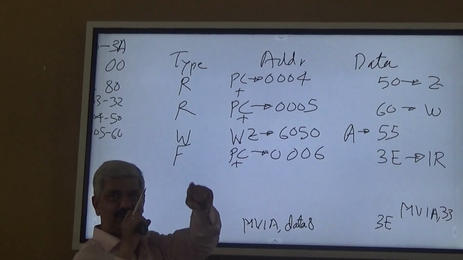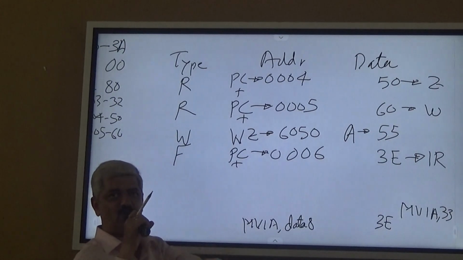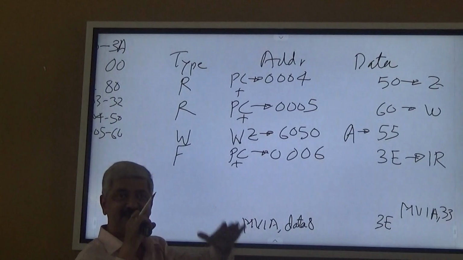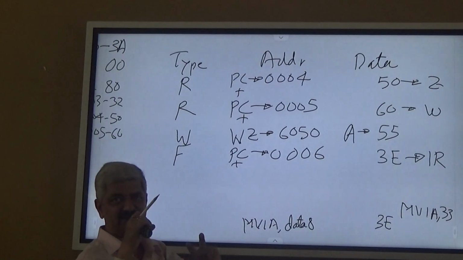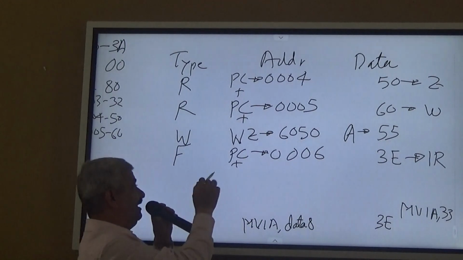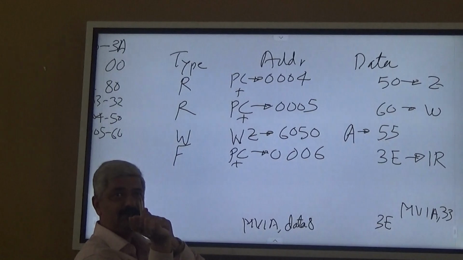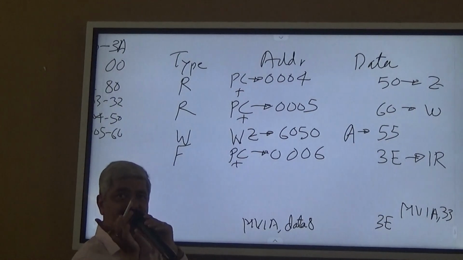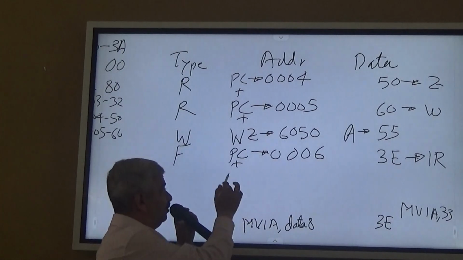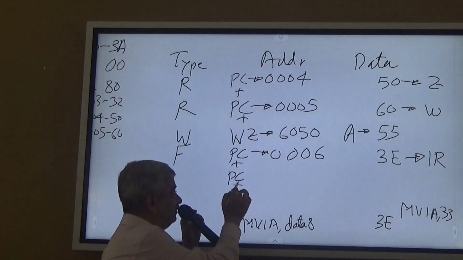What the processor, the 8085, should come to know immediately when it reads the first byte of the instruction is how many byte instruction it is. So it's a 2-byte instruction. When it is a 2-byte instruction, next cycle has to be read. So read. Who will give address? Address, what is that? Program counter. Program counter giving